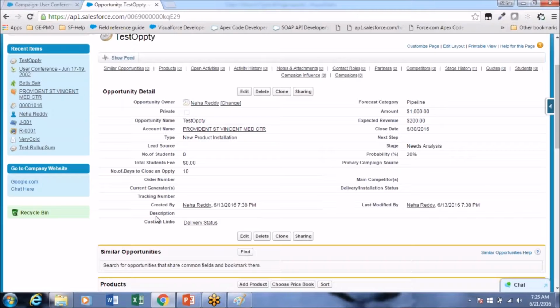We'll remove the credit card number from that layout, so he will not be able to see that. But when a manager logs in, he will see the same record, and the sales user also sees the same record. But the sales user is unable to see some information, while the manager will be able to see that information. That is defined by the page layouts.